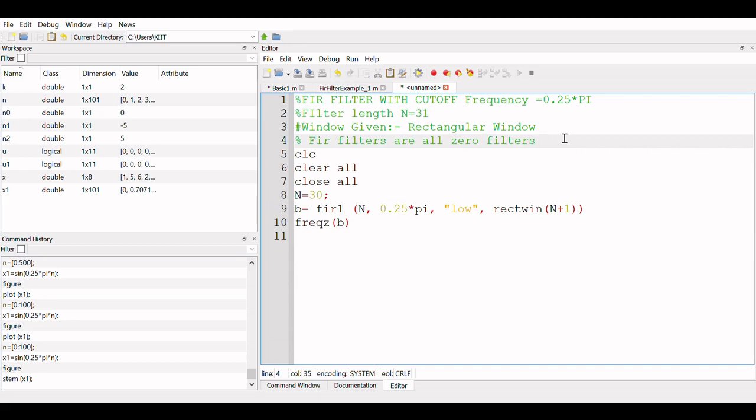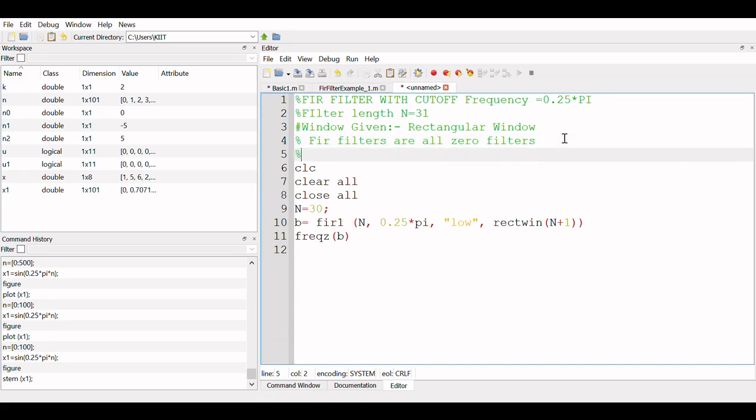So they come in a format H of z is equal to b0 plus b1 z to the power minus 1 plus b2 z to the power minus 2 and so on, right? So here b0, b1 and b2 are the coefficients, which is exactly what we are designing, to find out these b0, b1 and b2.